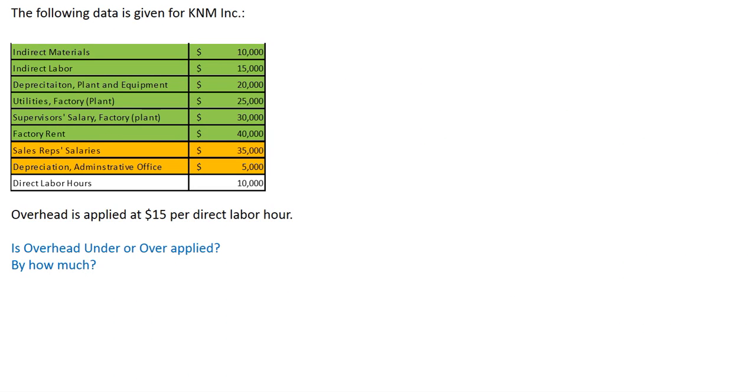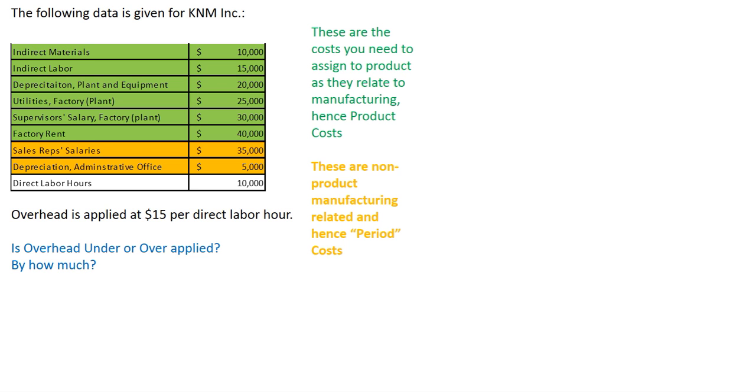Hi everybody. We are going to continue talking about the overhead application, whether the overhead is under-applied or over-applied in this example. And what we are looking at right now is different overhead sources, and I categorize them by color into two on purpose. The first category is basically looking at the costs that we need to assign to the product as they relate to manufacturing. Hence, these are product costs. Okay, these are the ones that we need to